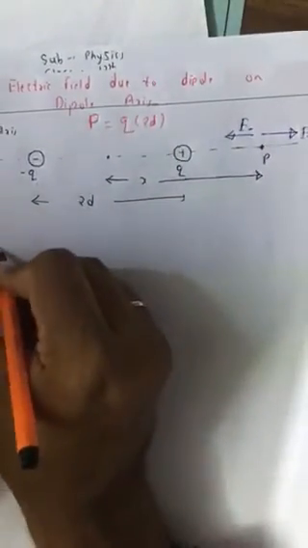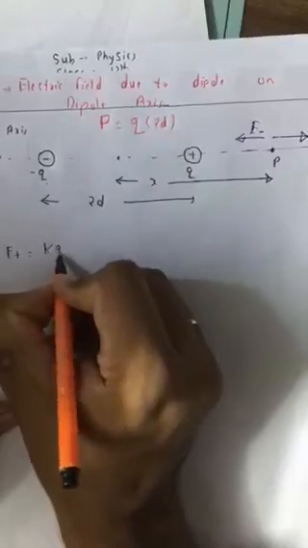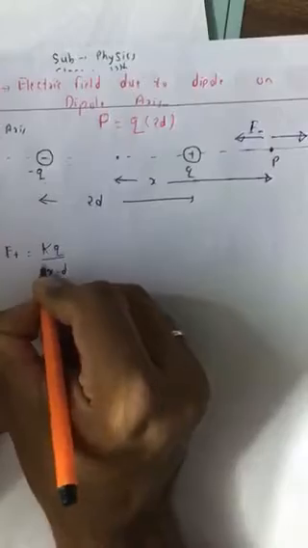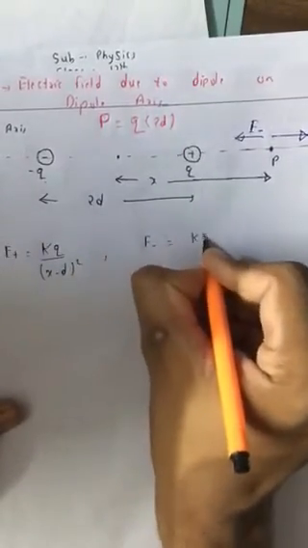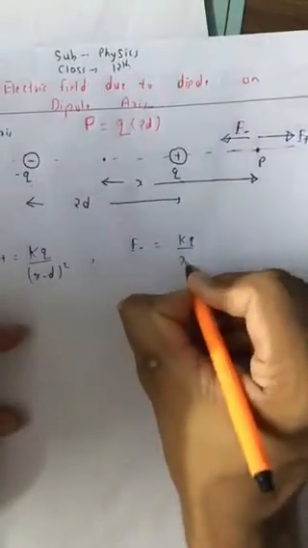Now the value of the electric field due to the positive and the electric field due to the negative charge. Electric field due to the positive charge, the formula is kq by r square. So kq upon the distance between the charge and the point, this is x, this is d, so this is x minus d, kq upon (x minus d) whole square. Similarly, the electric field due to the negative charge is kq upon the distance between the negative charge and the point. This is x and this is d, so the distance is x plus d, kq upon (x plus d) whole square.